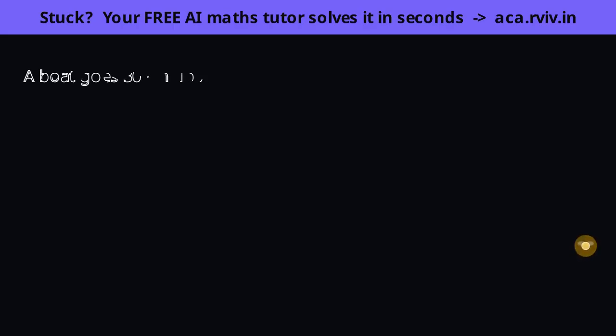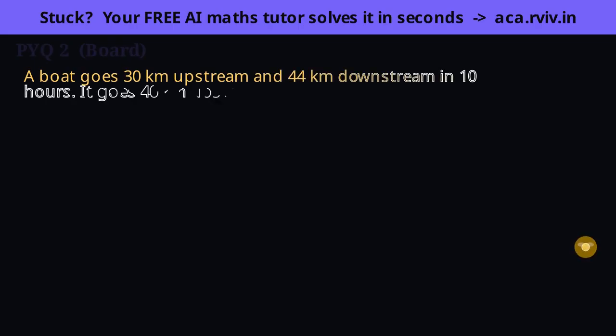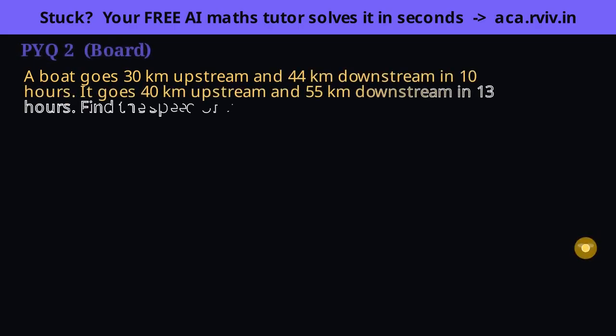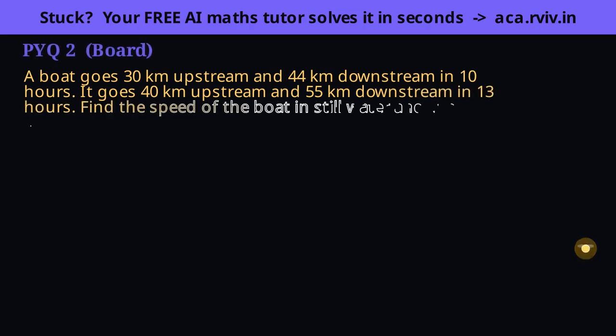This looks nonlinear because time equals distance over speed puts the unknowns in the denominator. The clever escape is a substitution. Replace 1 over speed with a fresh variable, and the whole thing becomes a plain linear pair.